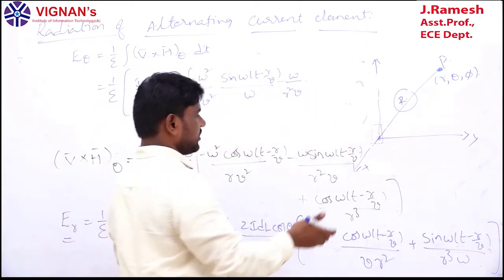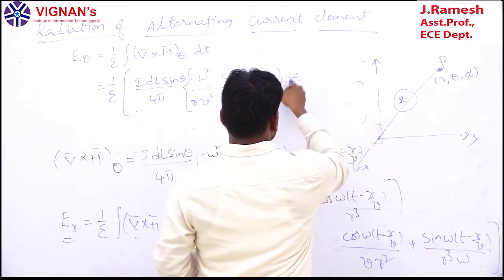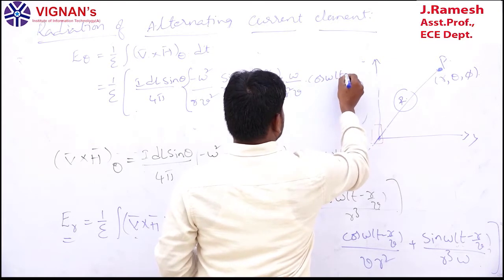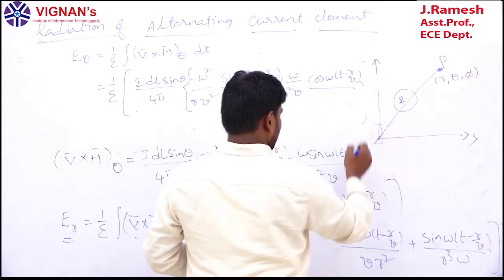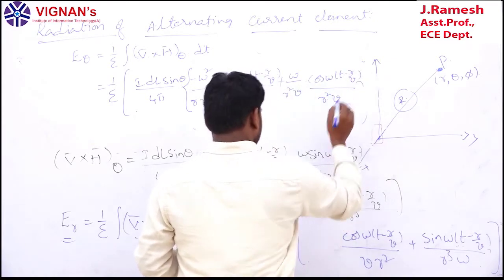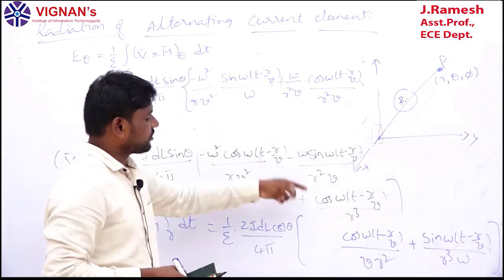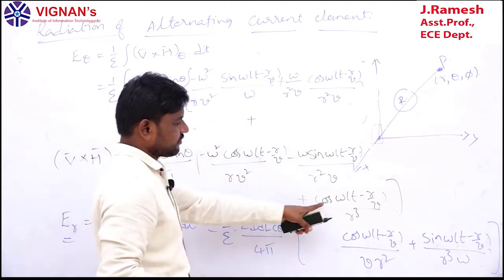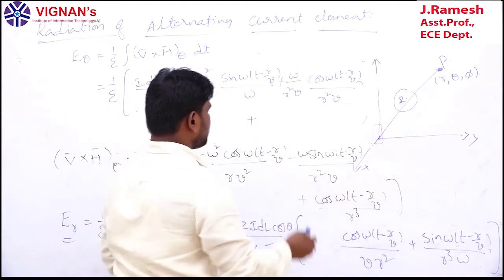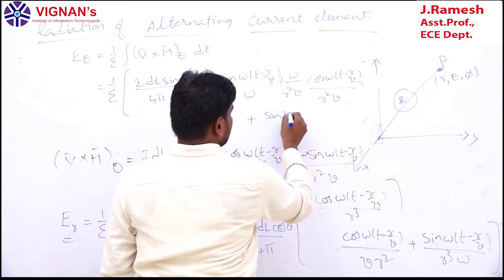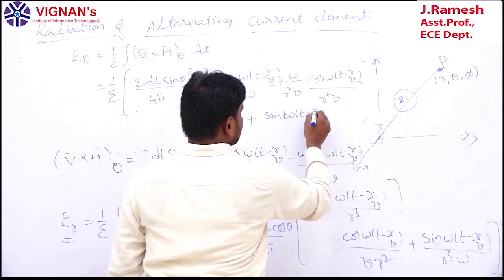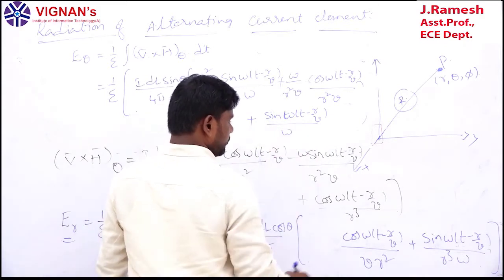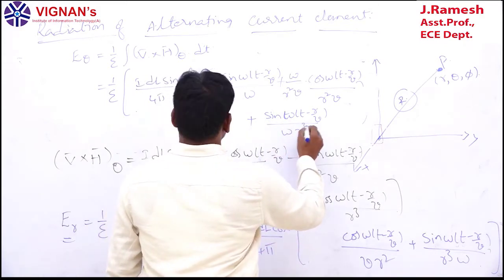It is minus cos. So that means minus into minus, directly I am writing plus here. So cos into omega into (t minus R by V) by R square into V. So this is the second component. So if you go for the third component integration, again here plus, the cos integration is simply sine. So sine of omega into (t minus R by V) by, again omega will come here, omega into R cube term is there.